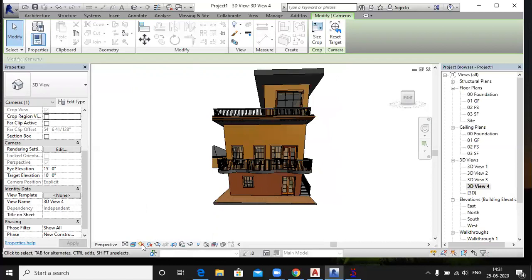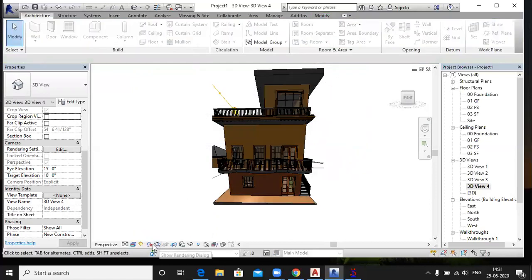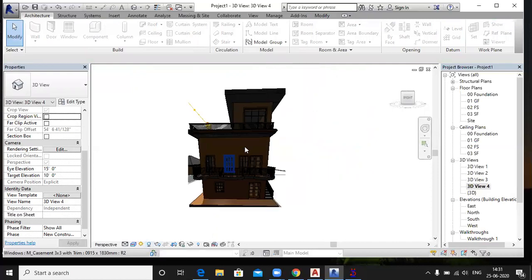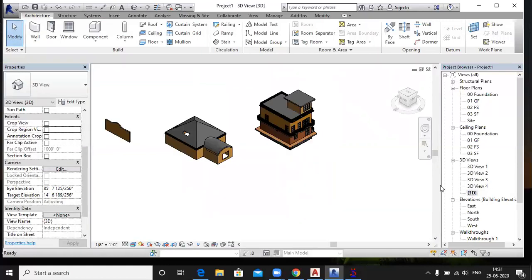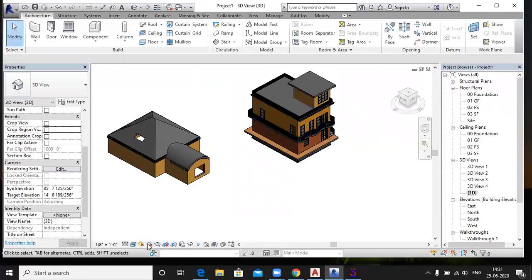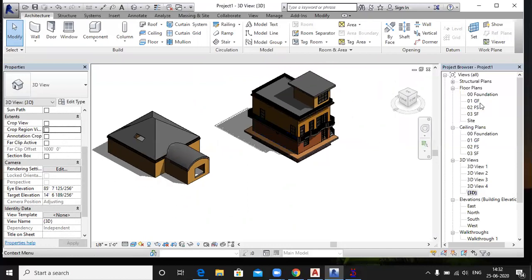If you want to activate the sun path, you just turn it on, or you can just show the shadow. This is the shadow. You can click on your 3D view and click this shadow. See the shadow of your building, right? Again, sir. Again. If you want to create your section view,